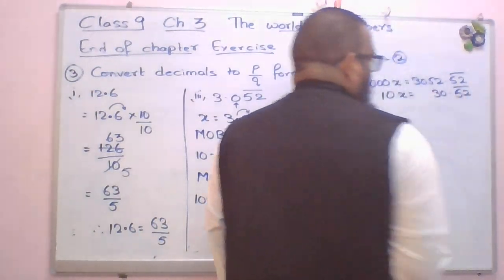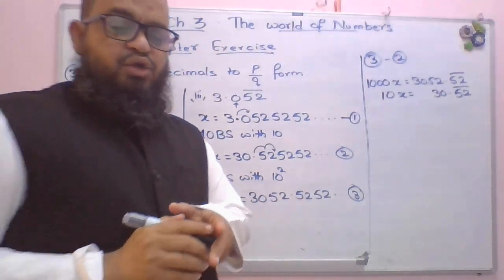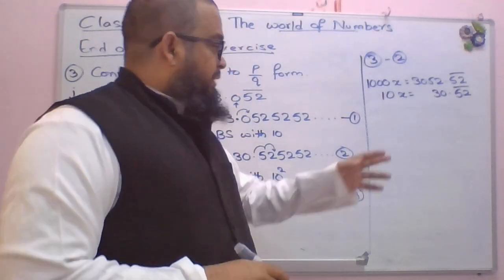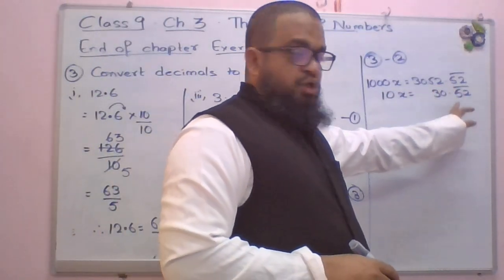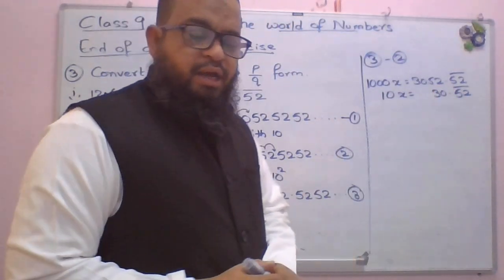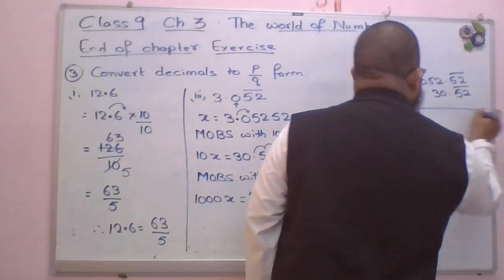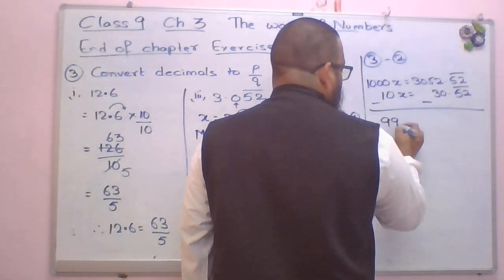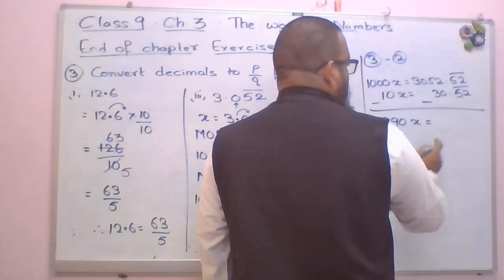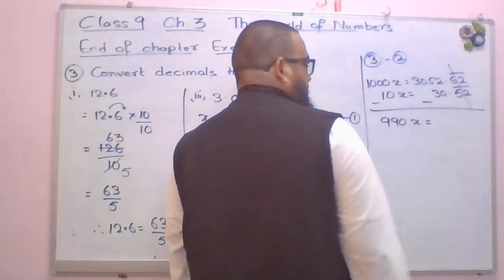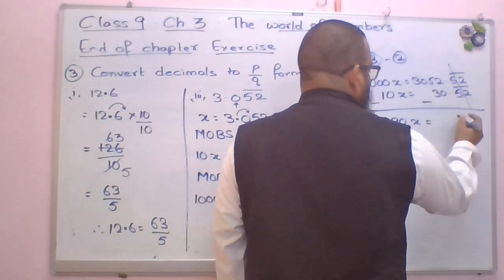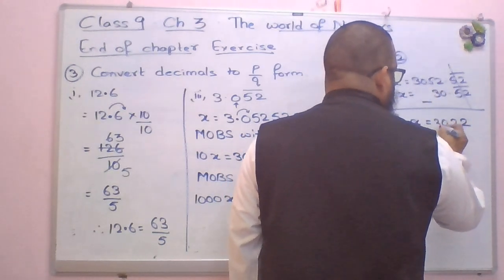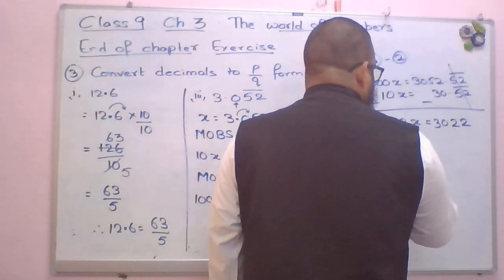30.52 bar. Please take care whenever you are subtracting, the decimal part should be one below the other. Okay. And now when you subtract, what happens? 1000 minus 10, 990x equals 5. The decimal part gets cancelled. Now 2 minus 0, it is 2. 5 minus 3, it is 2, 0, 3. So therefore, x is equal to